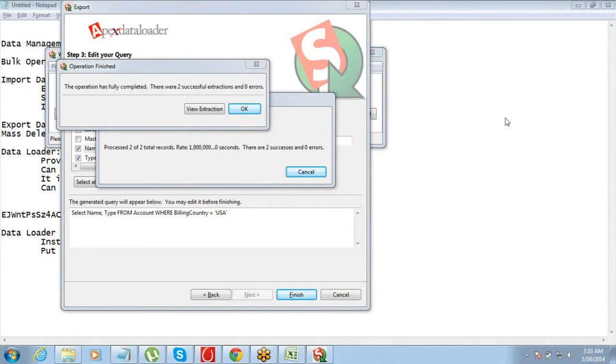Tejasvi has a question. She is asking what is upsert. Yeah, upsert basically is a combination of update and insert. So sometimes if you are not sure about the contacts that you are inserting, you feel that some of those contacts might already be existing in Salesforce, then you do an upsert. So upsert will do what? In case it finds the contact or the record already in Salesforce, it will update that record. In case it does not find it, it will insert that record. Right? So it's a combination of update and insert.